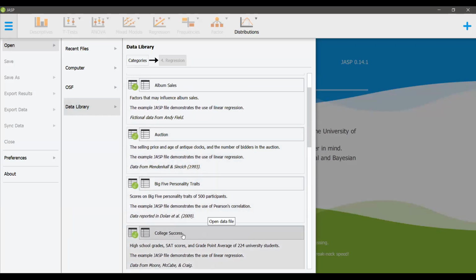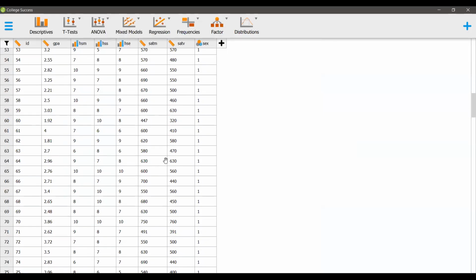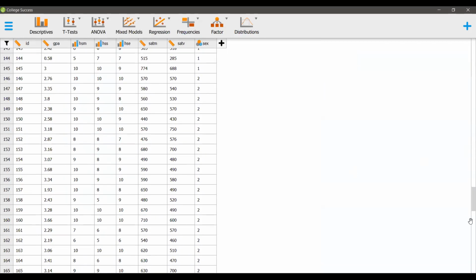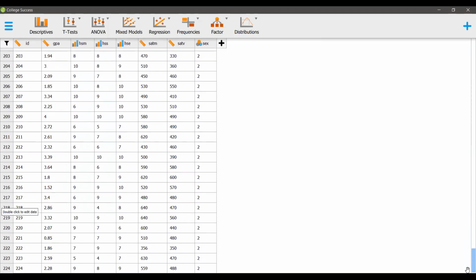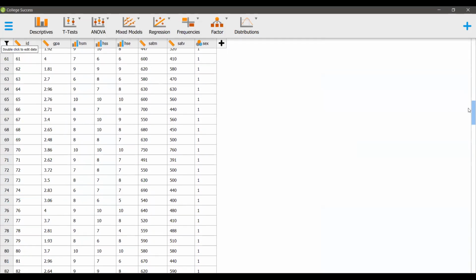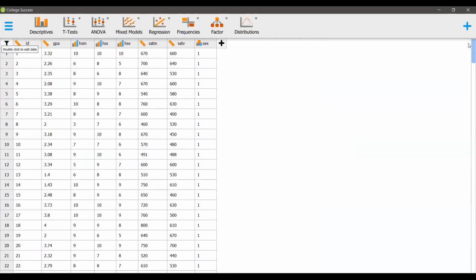Let's take College Success. It's quite a large data set with approximately 224 data points, taking marks and different things into account, like GPA. The correlation will be found here under regression. We can use correlation here.